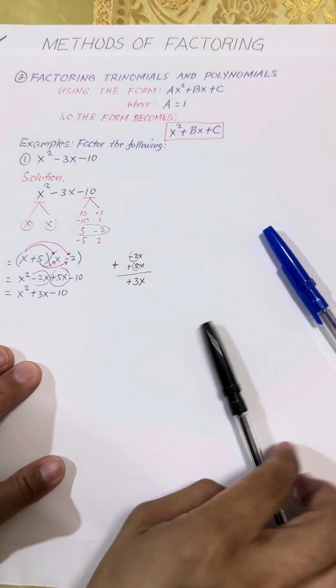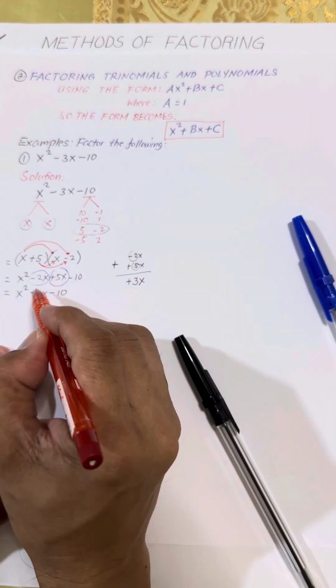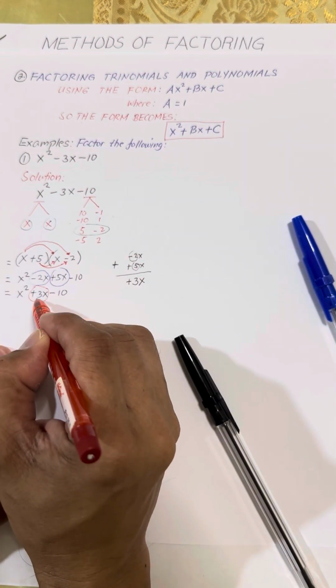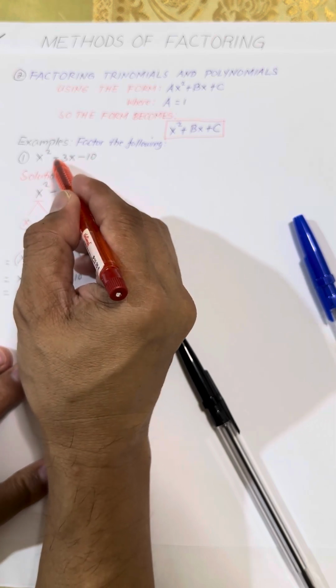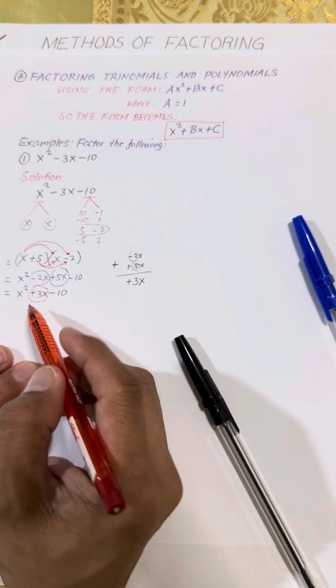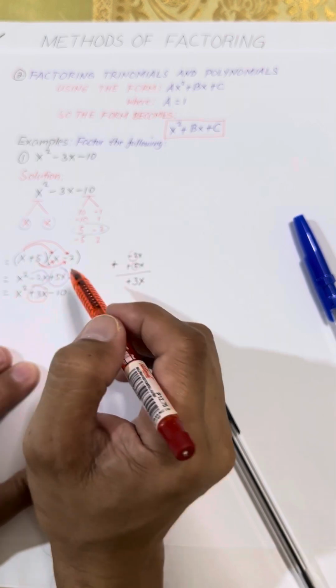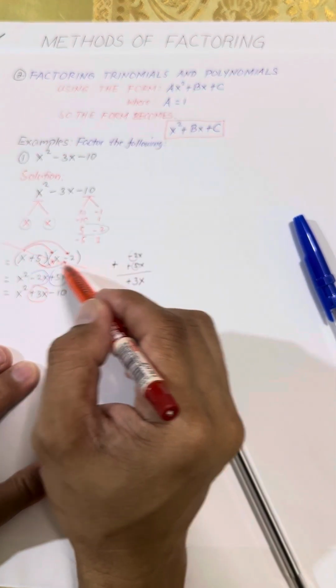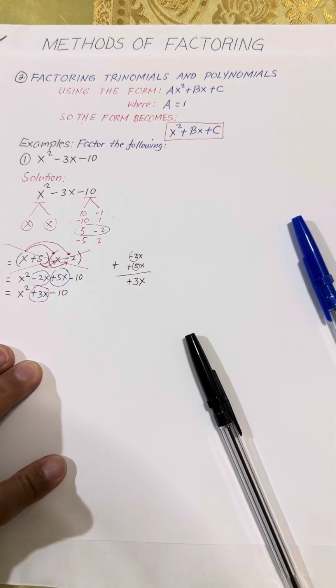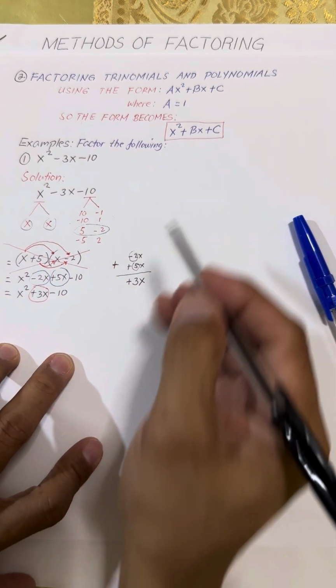Now, let's compare the result with the second term of the given. So this is negative, our result is positive. So it means that this choosing of factors is not correct. Okay, so this is a wrong factor. So we cannot use this. So next, let's try another one.